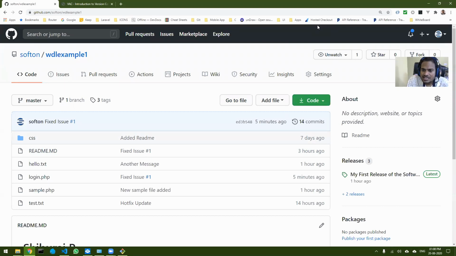Salik Ansari asks, what is the difference between commit and tag? I have already explained that. A commit is difficult to remember because the commit ID is random characters. Whereas a tag is something that you are setting, like version 1.1.0, so that is very easy to remember.